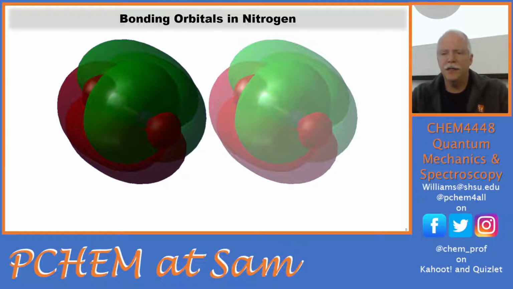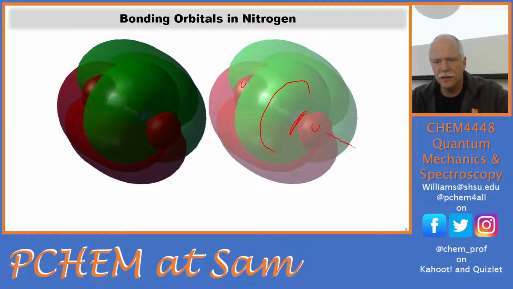So you can see inside there, you see this green donut, that's the sigma bond right there. And this is the node for the sigma bond, and they're the end caps of the sigma bond. Okay, so those are the PZ orbitals interacting. And then, if this is the Z axis,